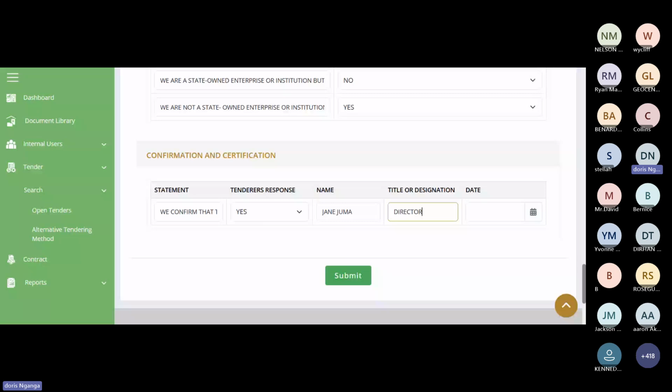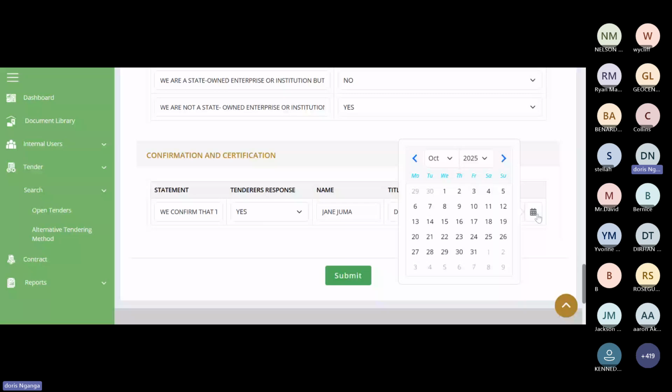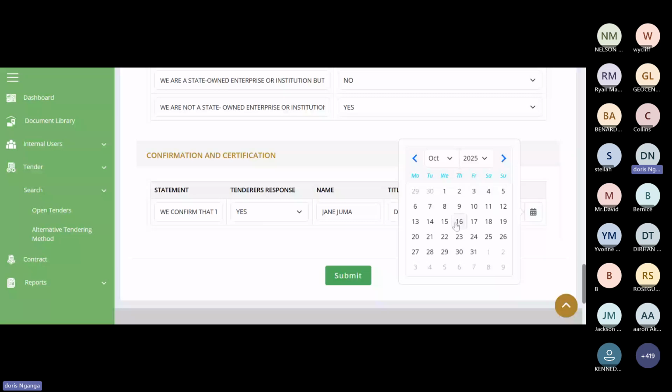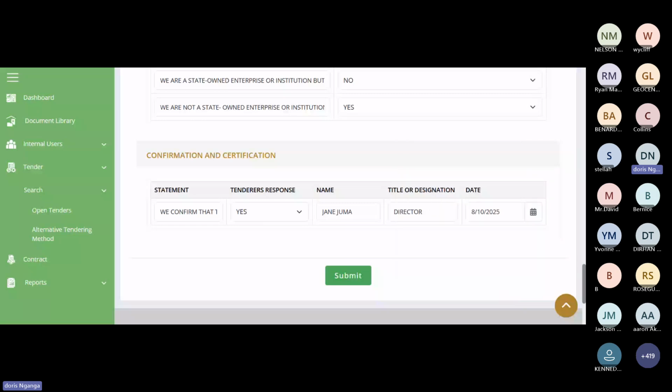And the date when I'm filling this form. The date has been embedded in the document, so you just click on the calendar icon, as you can see. It opens the calendar, and I choose the date when I'm responding to this tender. So I click on 8th October 2025. You click outside. As you can see, the date has populated, and I say submit.